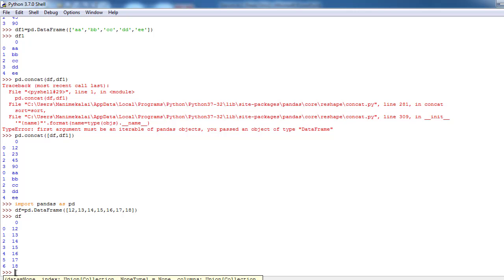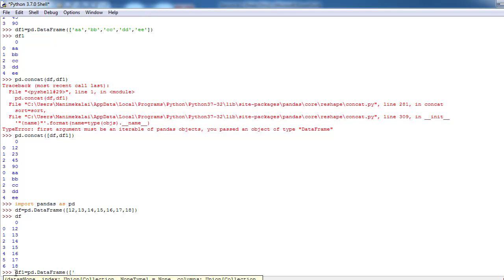For concatenating two data frames, we are in need of another data frame. So now I am going to create another data frame called TF1 is equal to pd dot DataFrame of another list of values.